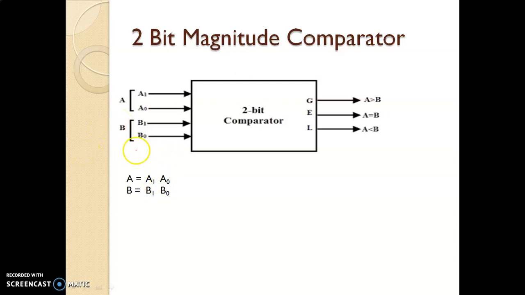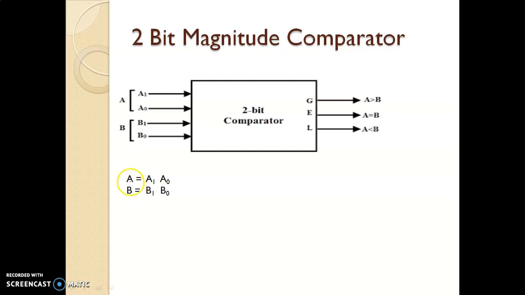how this A and B can be compared. Let's see how you can say that this A and B are equal. It is possible to draw the circuit by writing the truth table first. When you consider the truth table, how many inputs will be there? 4. So 2 raised to 4, 16 entries will be there. Just try to find out the equation without writing this truth table. It is still possible. Let's try.